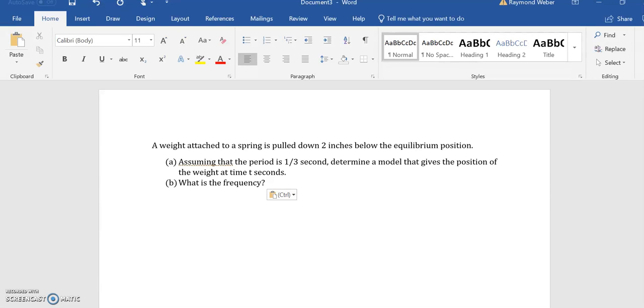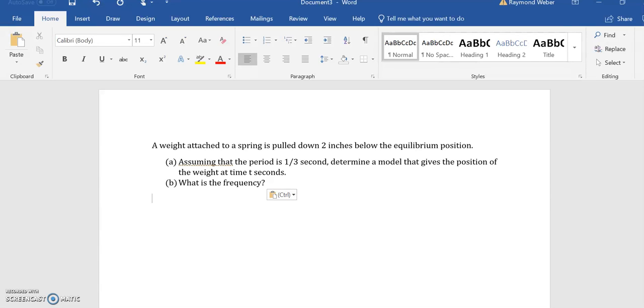We have a weight attached to a spring that's pulled down 2 inches below the equilibrium position. So in other words, you're taking a spring and you're stretching it out all the way down to the bottom, and then you're letting it go to see the oscillations. Assuming that the period is 1/3 of a second, determine a model that gives the position of the weight in t